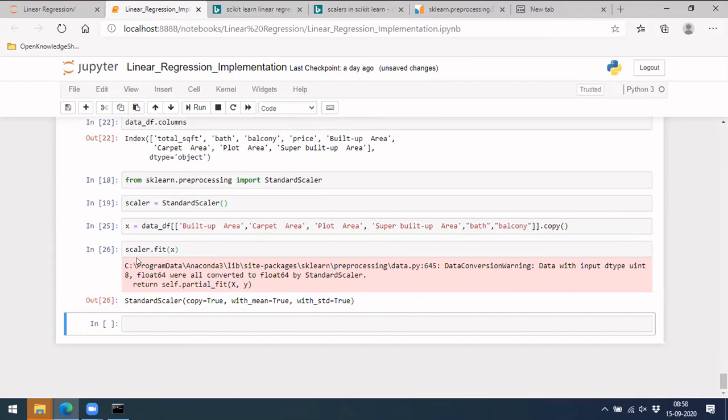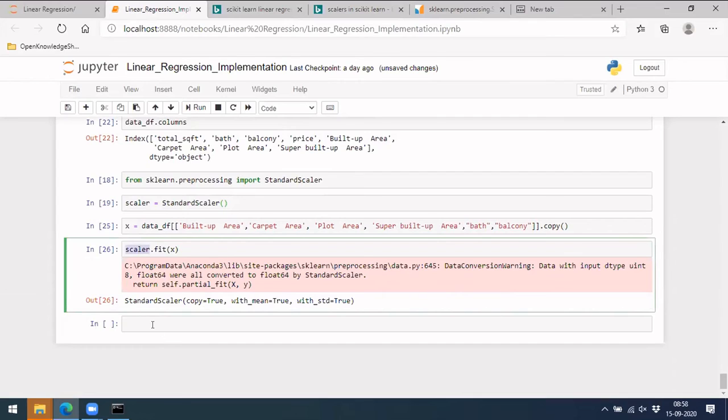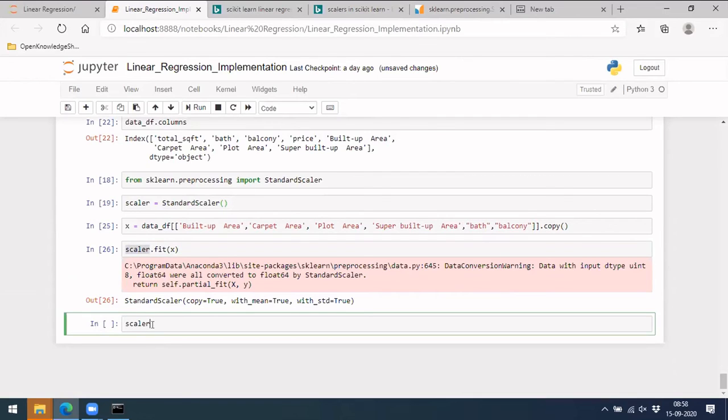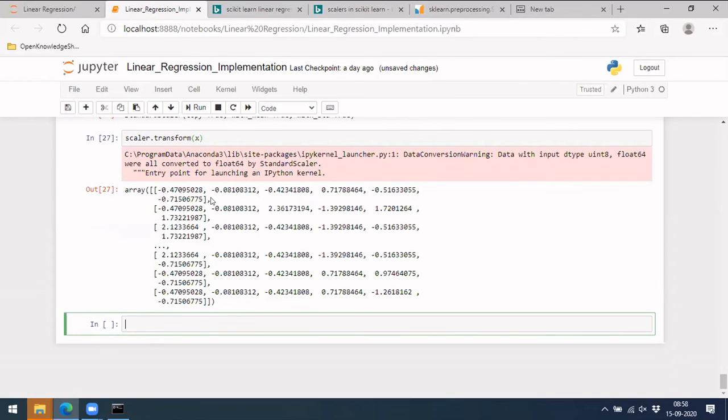So this is a standard scaler on which I have run fit. In case we want to transform, how should we do it? It is dot transform, and then use x. So it will burst out so many values here.